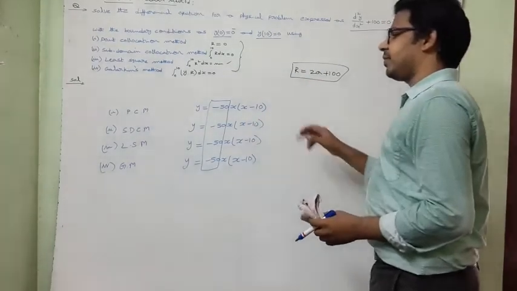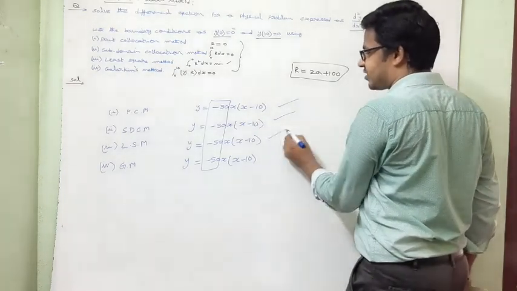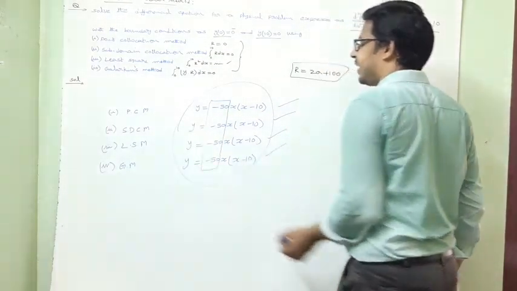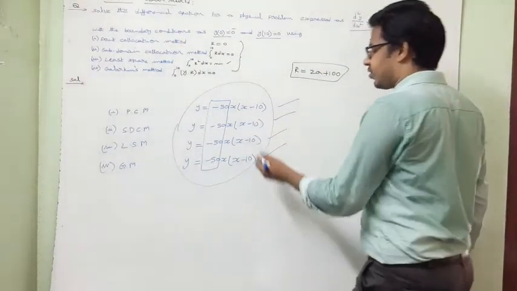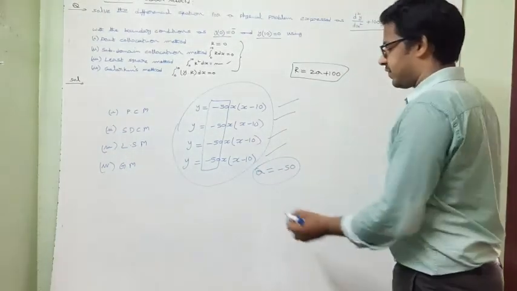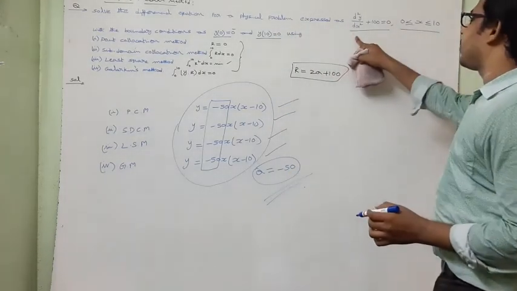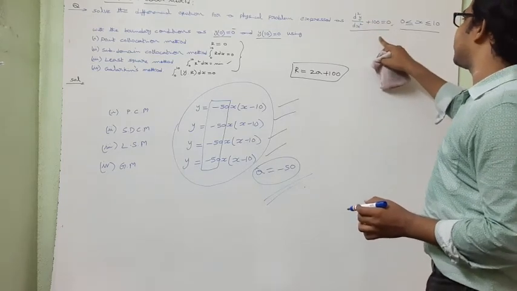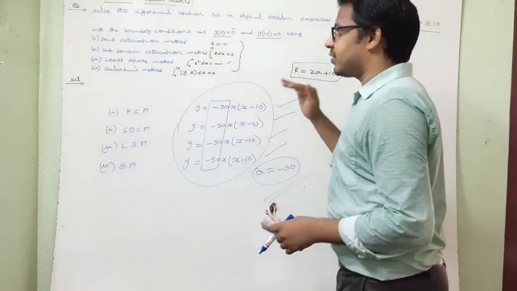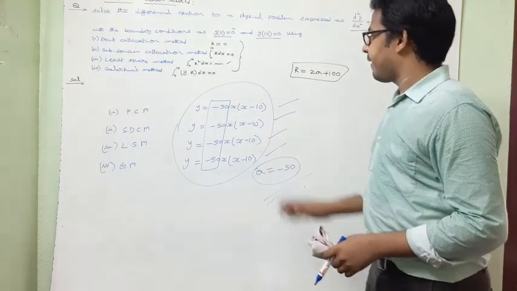In the weighted residual methods, all these point collocation, subdomain, least square and Galerkin method, the entire trial function is the same, with constant term a equal to minus 50. This is the solution for the differential equation for the physical problem expressed as d square y by dx square plus 100 is equal to 0. Without giving a trial function, we can also calculate the weighted residual method. This is the solution for that.